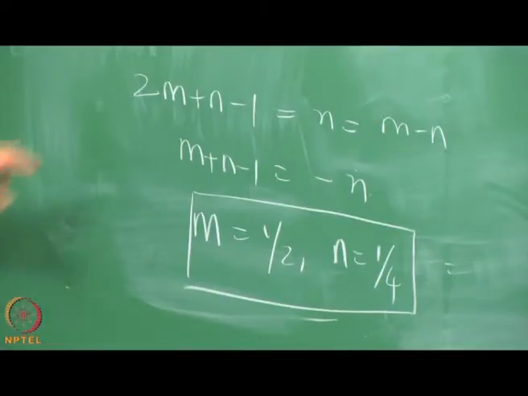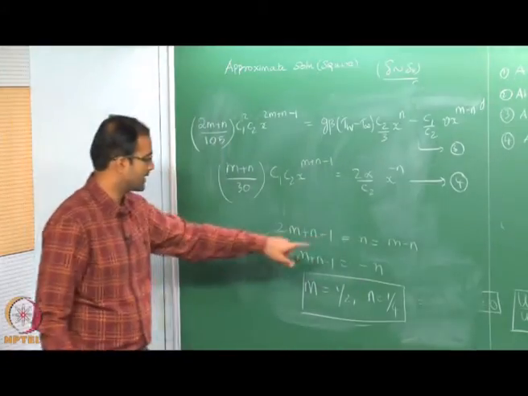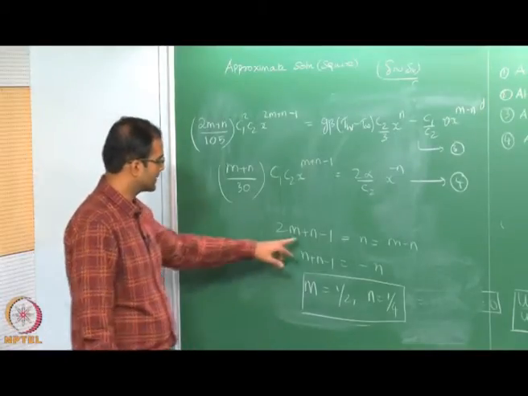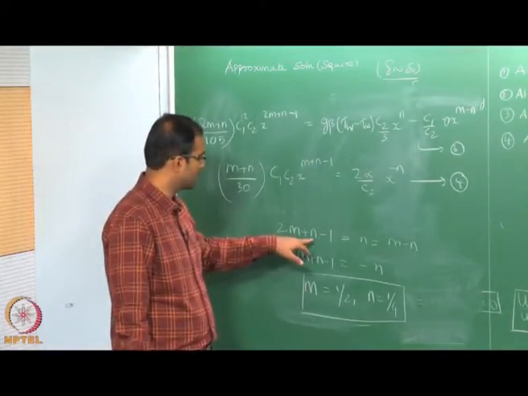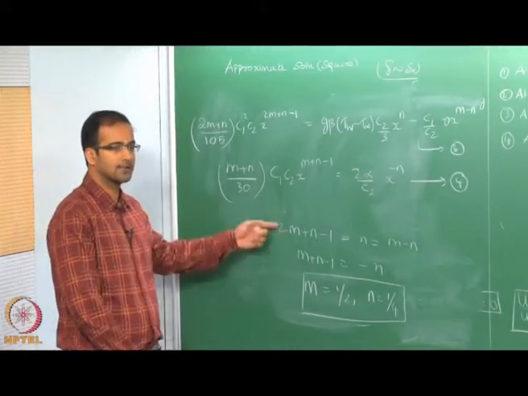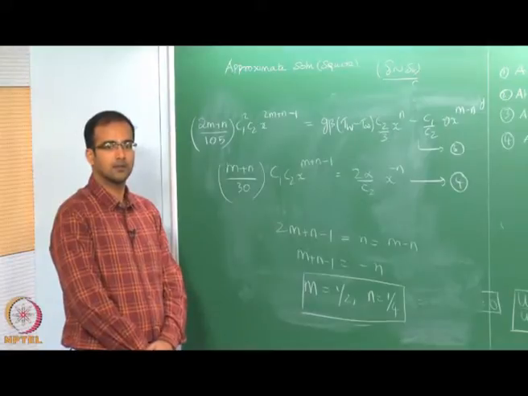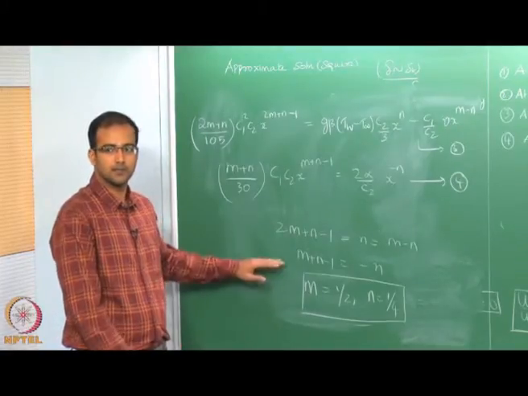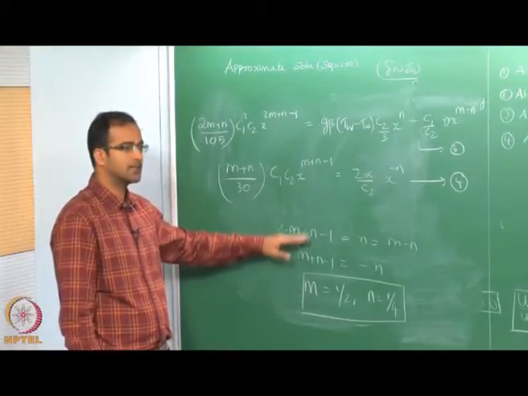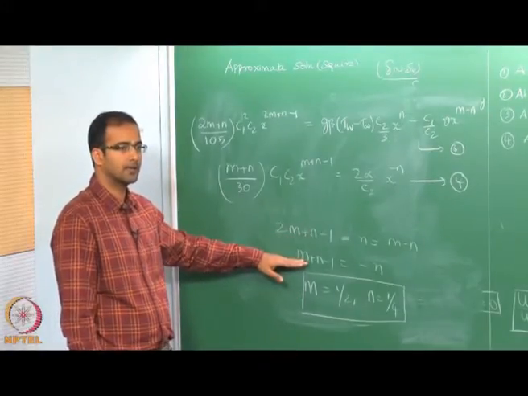Okay. So, even directly from this, if you equate, n cancels, you have m equal to 1 by 2, and then if you again substitute m equal to 1 by 2, you can get the value of n from this second equation, and the same thing will satisfy also this equation. Okay. So, m equal to 1 by 2, n equal to 1 by 4 satisfies both, correct.